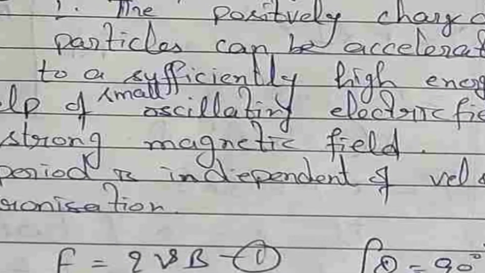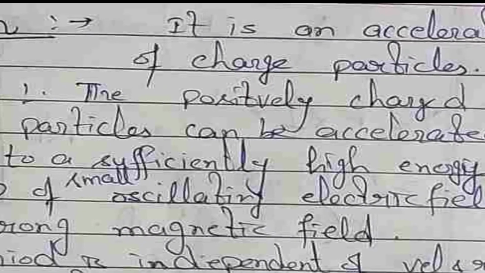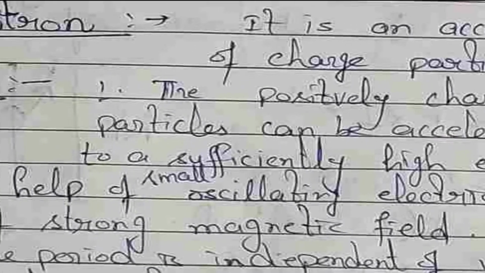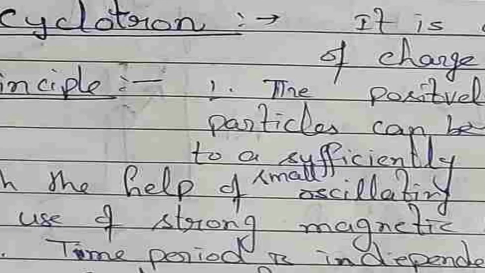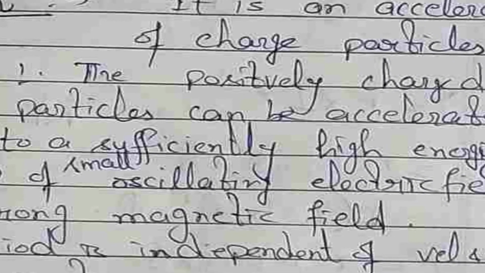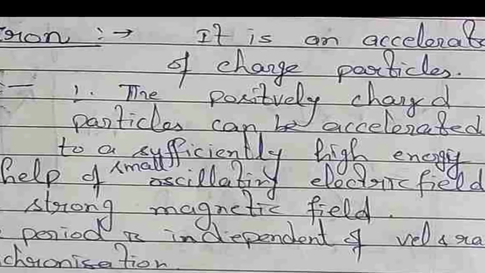Let us discuss the cyclotron. A cyclotron is an accelerator of charged particles. It can increase the kinetic energy. We require a large amount of kinetic energy to carry out nuclear reactions. It is based on the principle that if a positively charged particle is to be accelerated, then a very small oscillating electric field and a strong magnetic field can be given